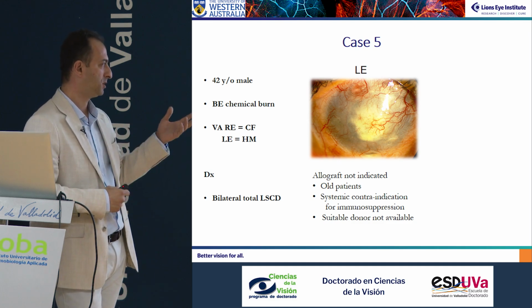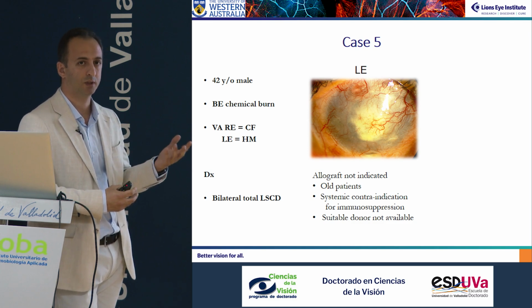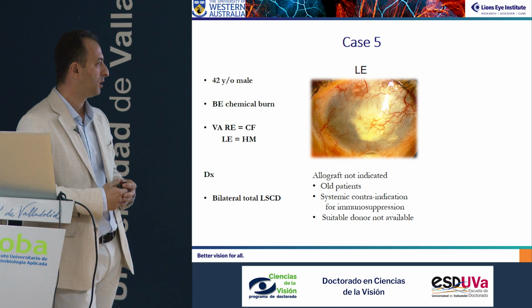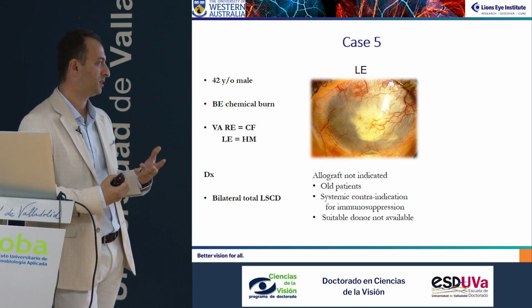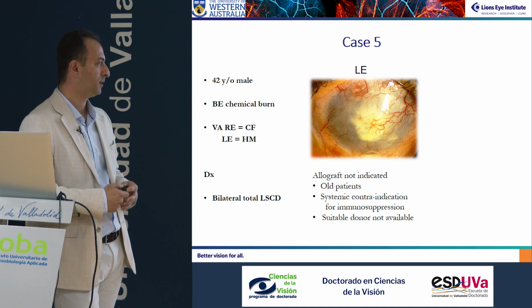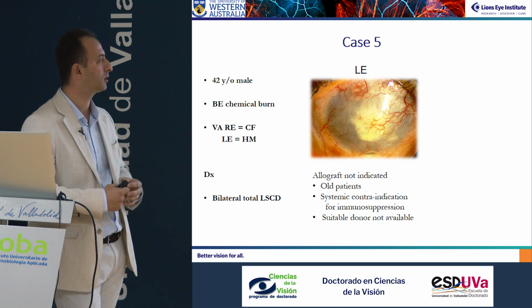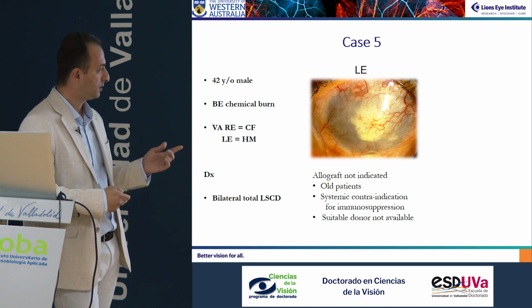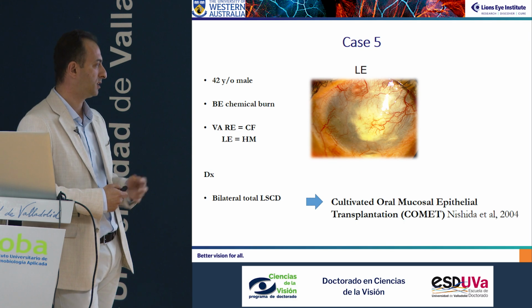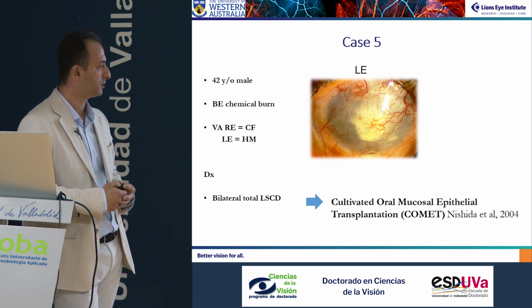Some of them, so the patient, if they are very old, they can't tolerate immunosuppression because it can cause organ damage, or if they already have a systemic disease and they can't tolerate immunosuppression, or you don't have access to a high-quality donor for keratolimbal allograft. So in these cases, there's another procedure called cultivated or cultured oral mucosal epithelial transplantation, or COMET, which was first done by Nishida in